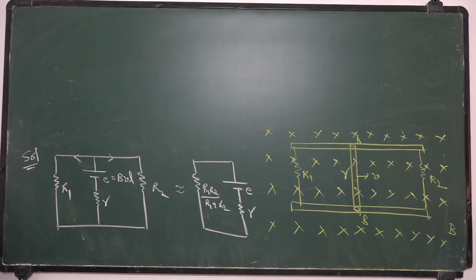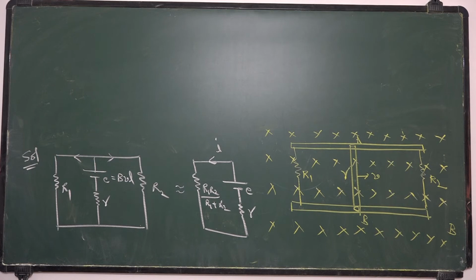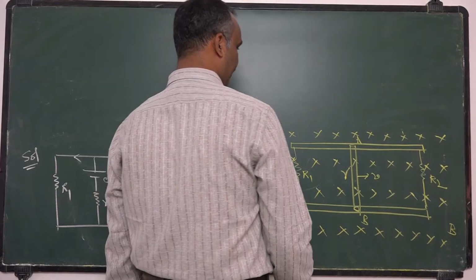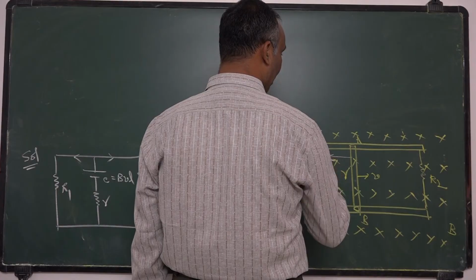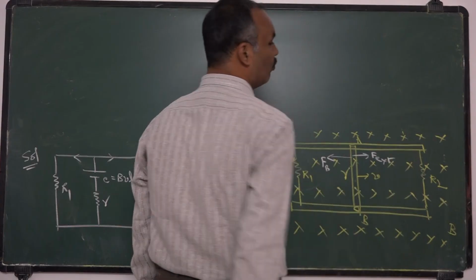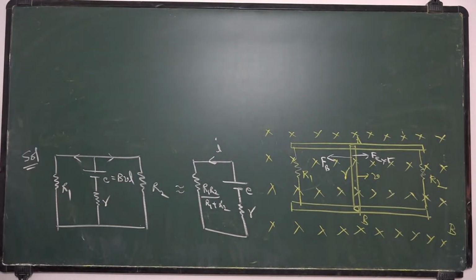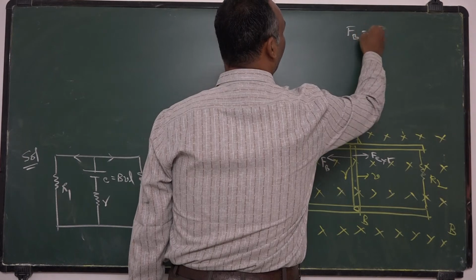Let me take the strength of the current passing through the circuit. First, let me calculate the strength of the current. Here, the rod will experience two forces. One force is due to the magnetic field, as discussed in the earlier concept. The other force is by the external agent, to keep it moving with constant velocity V. The force given by the magnetic field, FB, is given by BIL.